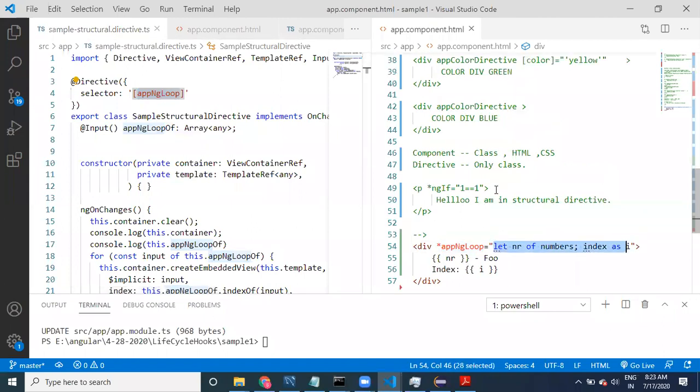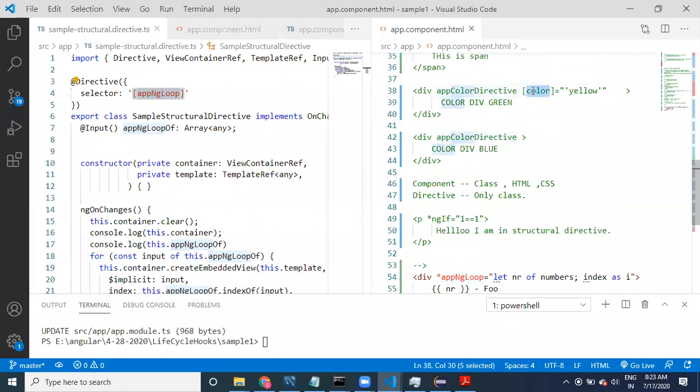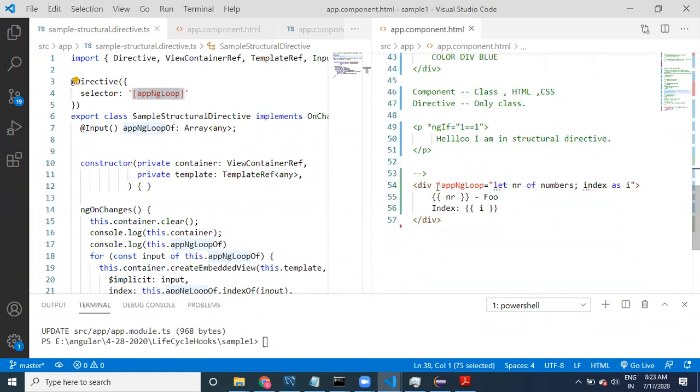Actually, yesterday, if you wanted to provide color, we took this app directive color, yellow, right? We used it like this.